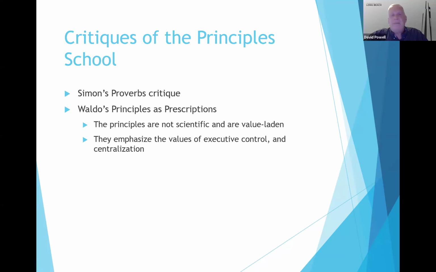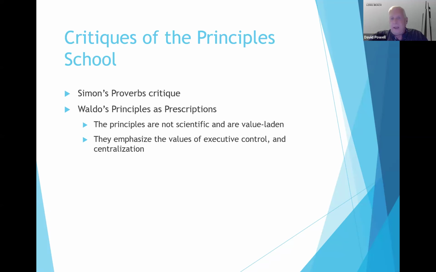But Herb Simon is very well known. He's written a lot in public administration. He is oftentimes known for critiquing the work of others, which is kind of ironic to see him kind of bristle a bit at having his work critiqued, because he's very well known as critiquing theories that have been developed by other people. Here, Herb Simon is critiquing Gulick's principal school.